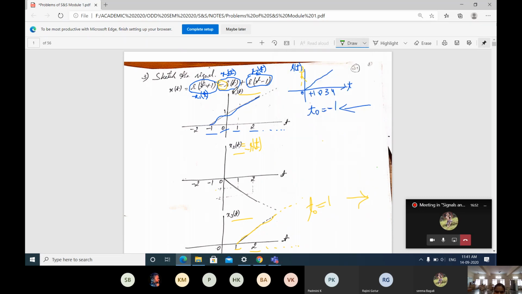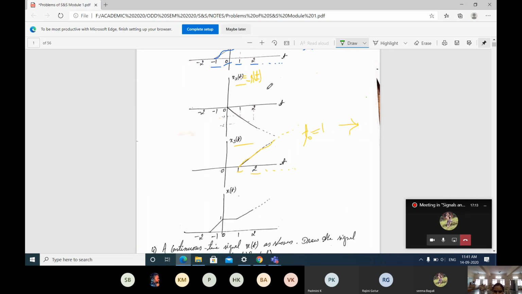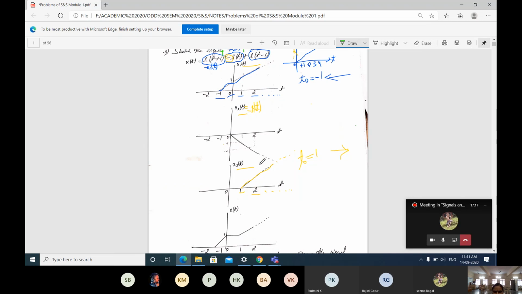Next, after getting our signals, what you have to perform? We are just going to add all the signals. Here the minus one I have already drawn, so I have to add. Plus to minus is minus only, so it will not change anything for the signal. So we are adding all three signals. Observe here. I will make it still smaller so that you can observe. Next, what do you have to do?